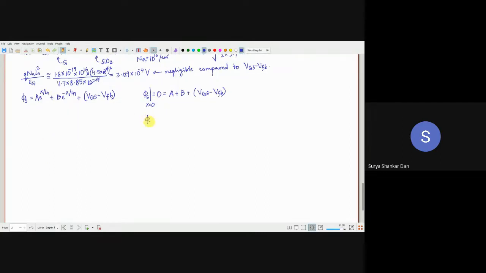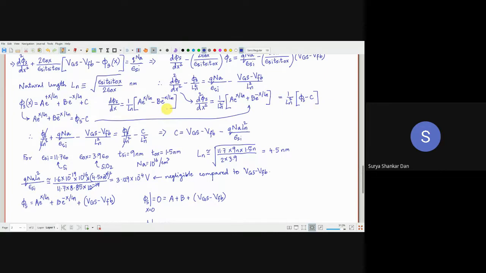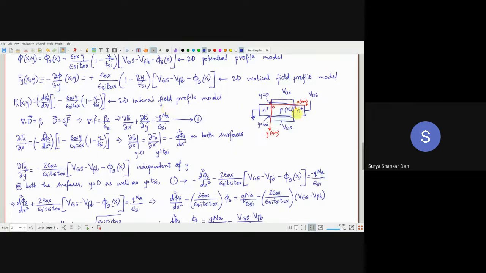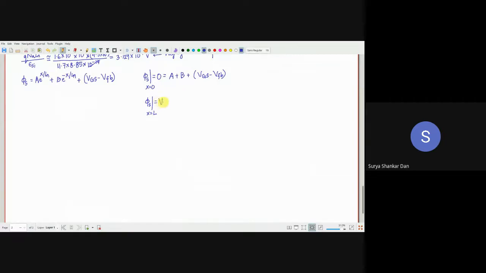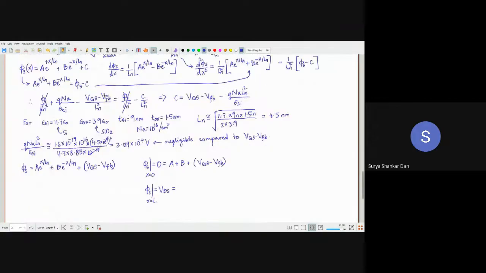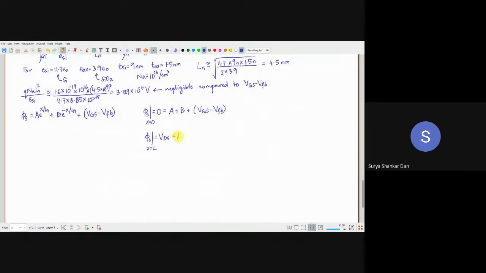So here phi s at x equal to channel length L is equal to, what will be its value? At L the surface potential is going to be VDS. You have applied VDS to the drain terminal, right? So that is equal to VDS. So now we understand here is how your VDS has come into the picture for the first time. We have been dealing with VGS and VFB everywhere. VDS is equal to A e to the power of x by ln, that is L by ln, plus B e to the power of minus x by ln, that is minus L by ln, plus